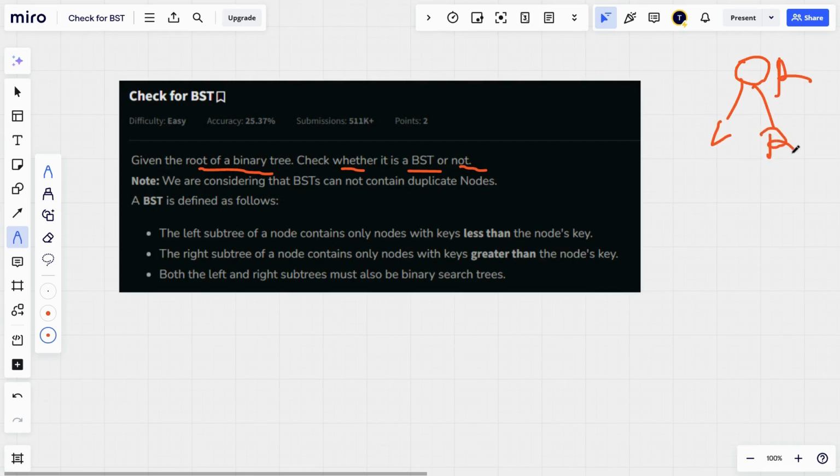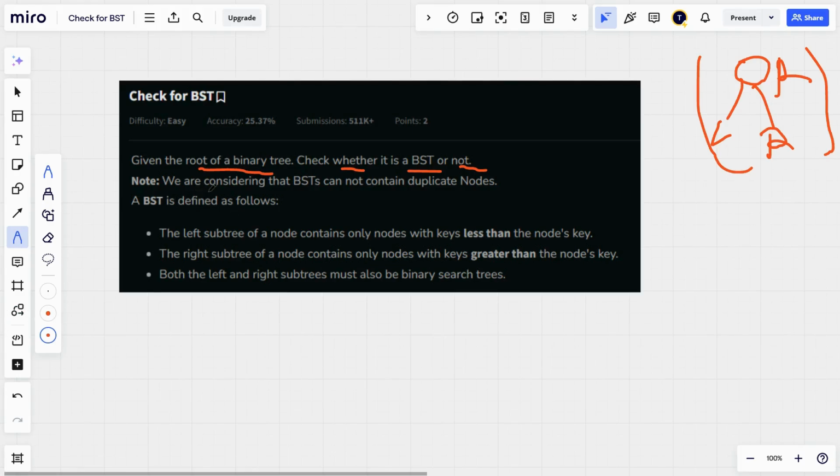That's called a binary tree. This is the pattern of the binary tree. But BST is the same as a binary tree, except that in a BST some properties need to be followed. All BSTs are binary trees, but not all binary trees are BSTs. You have to keep this in mind.